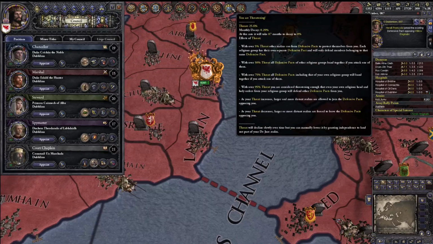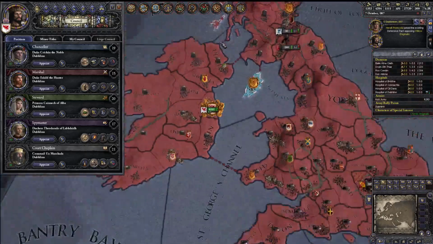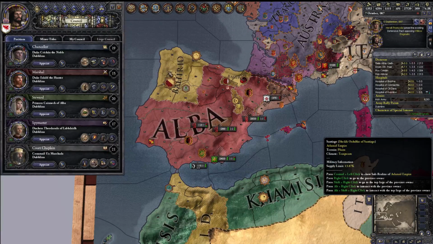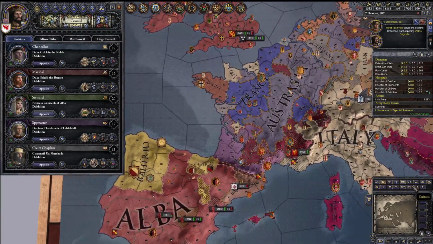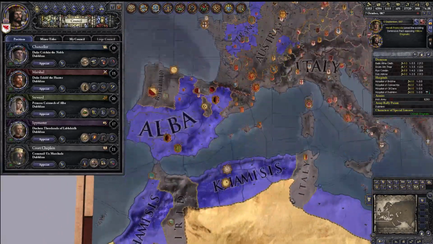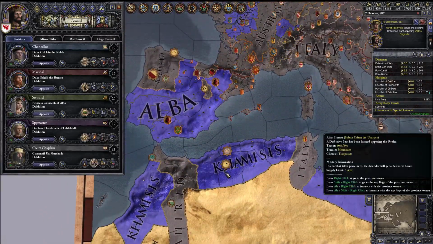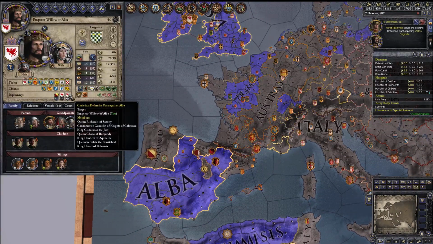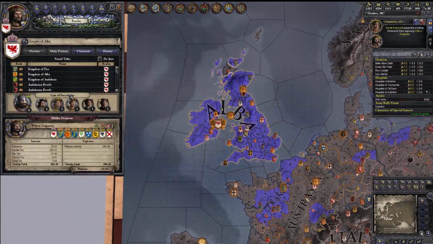Threat decay is this up here. We are threatening because we have taken land from people. We have gone to war up here against these Muslims, and we've taken land, and so we are considered threatening, and some people have defensive pacts against us. I believe. Someone is. Yep, we can see Christian defensive pact against Alba. So all these,